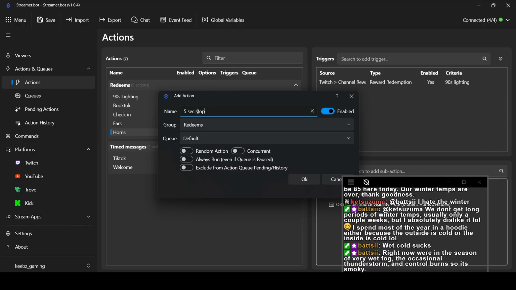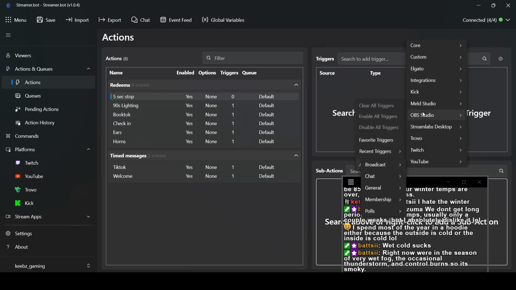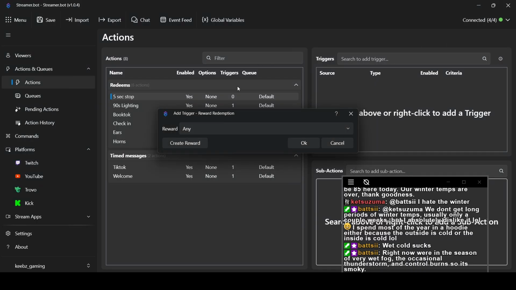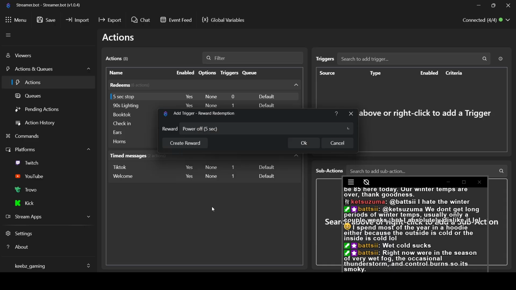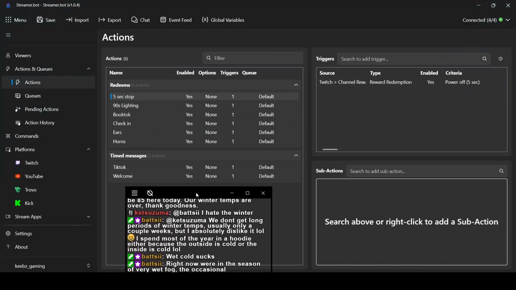So we're just gonna name it 5-second stop. Hit OK. So I'll come over here again to add. Go to Twitch, channel reward redemption. Okay, so it's going to bring up our little menu here, and we are going to go down, power off, 5-second stop right there. Okay, and hit OK. Now this one was very fun to make in a lot of ways because it was a lot different than the others,